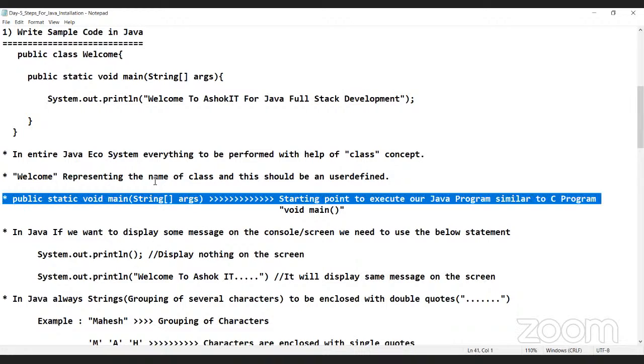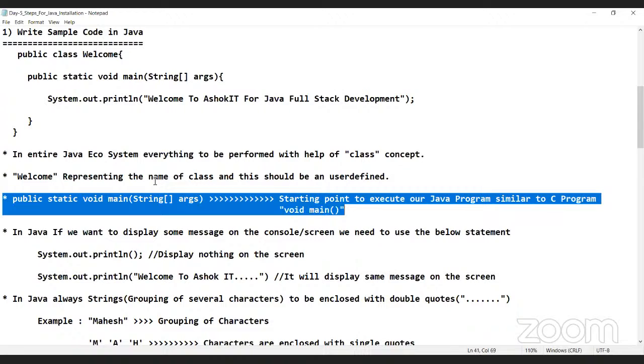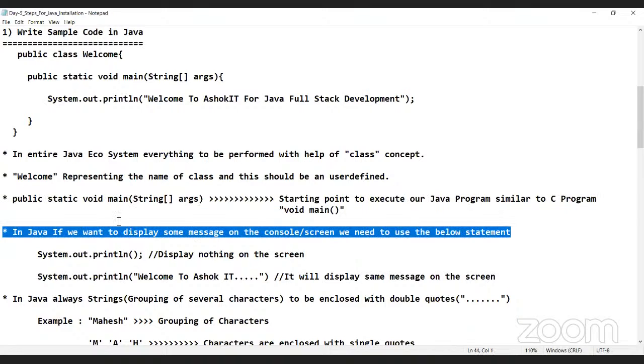That is the starting point to execute our Java program, similar to the C program's void main function. That's all. Hope you are clear. This is the starting point to execute every Java program, similar to the void main function in the C programming language. Okay. In Java, if you want to display something on the console or the screen, we need to use the below statements: